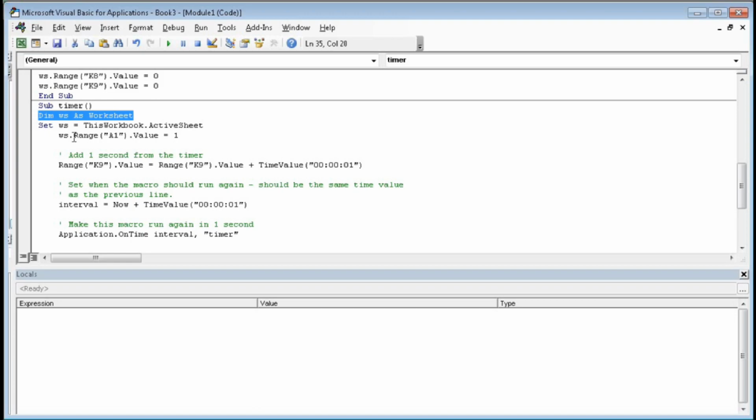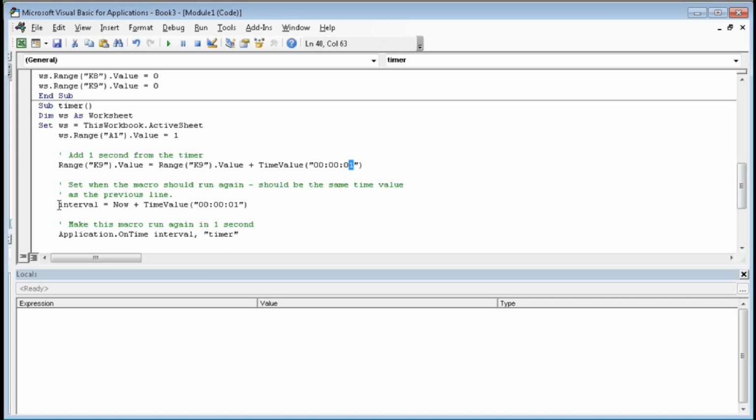And ws.Range A1 equal to 1. That means when this timer starts, then range A1 value equal to 1. And if we want to add 1 second to the timer, we have to type Range K9.Value equal to the value of Range K9 plus TimeValue, this is 1 second.